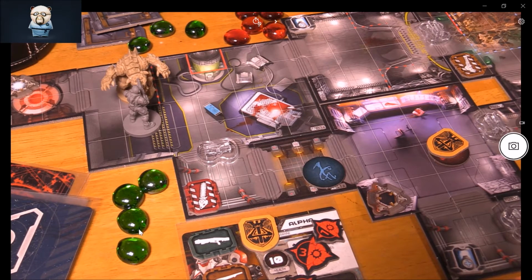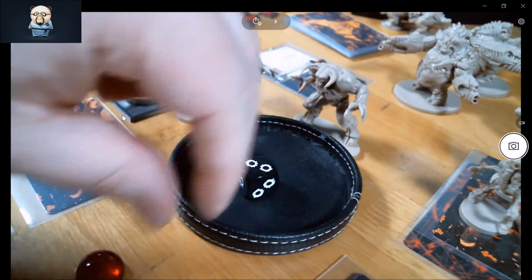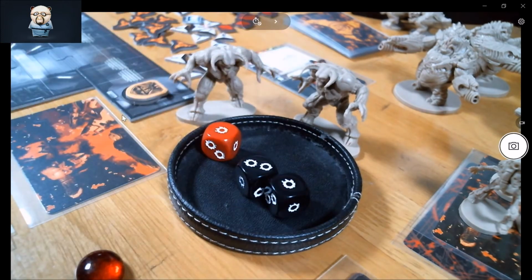So let's go with this attack. What we've got here is a red and 2 blacks. So let's switch the camera. 1 red die and 2 black dice. Now,